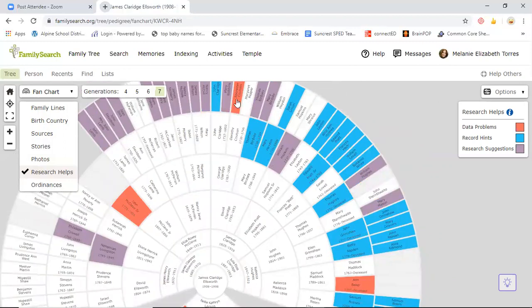Sometimes there's a problem like the daughter's birthday is before the mom could have children, or she was too old to have children, or there might be a duplicate. The purple indicates a research suggestion. Some of those can be like, there might be a missing child. You might want to look and see if you can find another birth certificate, or this person might have another spouse. And so those aren't always